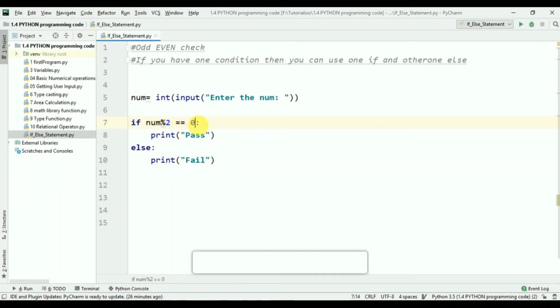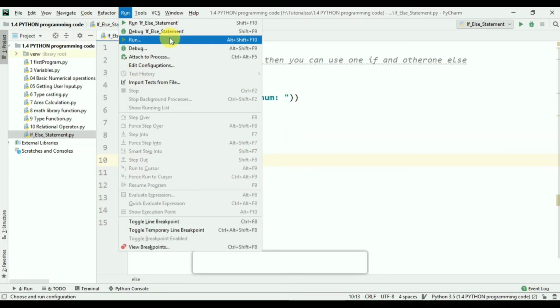This is the condition of an even number. When the number divided by 2 has remainder 0, it will print even, otherwise it will print odd. This is very simple code.